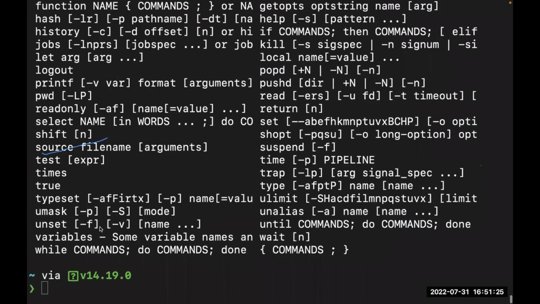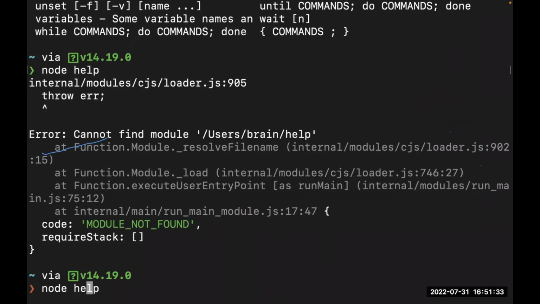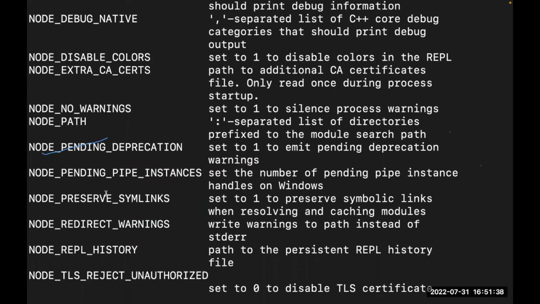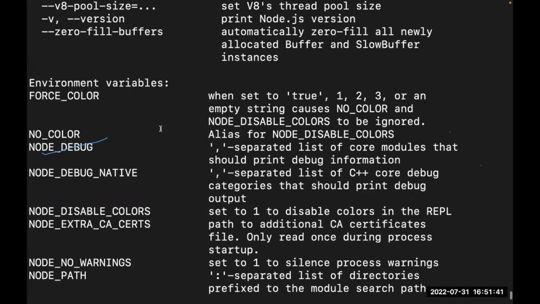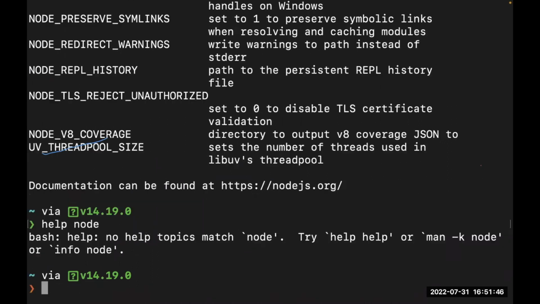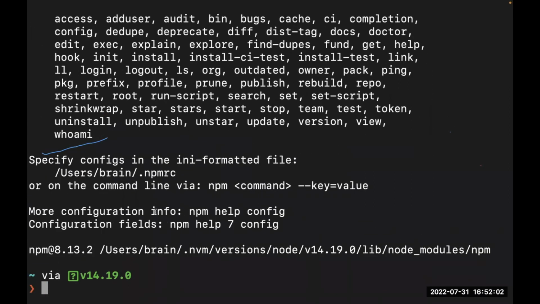Okay, so I'm going to try a sample command such as node help. Sorry, that should be hyphen help. The node double hyphen help would give you details about node, and I also think you can try help. Let's see if that works. Nope, that doesn't work. So you always have to append the help parameter or argument to see the details. So for example, npm help. It gives you, and this is a very good way to learn.